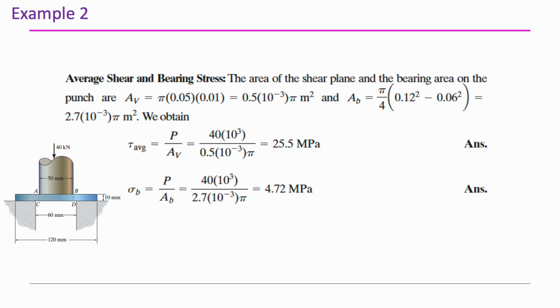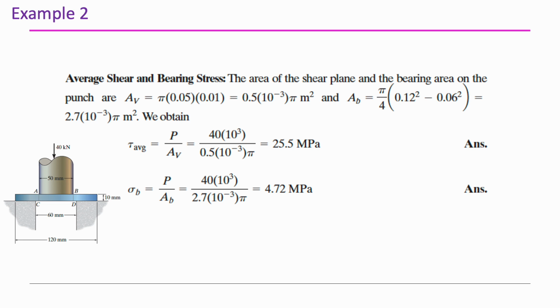We have a cylindrical shaft pressing vertically down into a flat metal plate, and the contact area occurs along the circular ring between diameters of 120 mm and 60 mm. So this forms an annular ring on the surface of the plate. Just imagine a washer or donut shape where the shaft presses down. The projected contact area, which is also known as bearing surface or bearing area, is represented by AB, and the bearing stress is represented by sigma B. Sigma B is equal to P over AB.